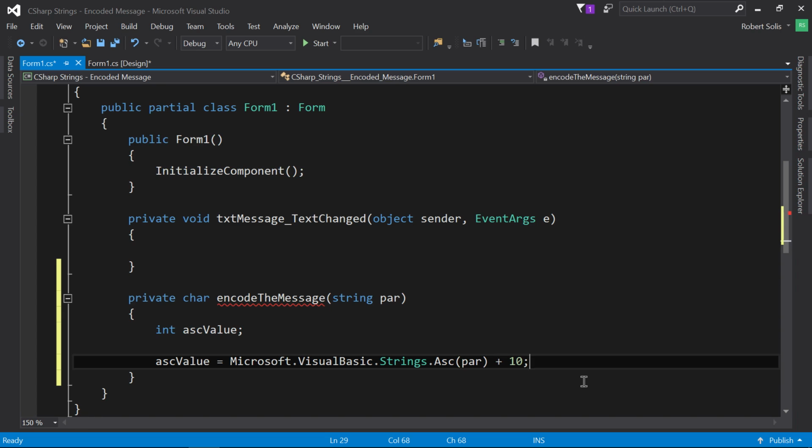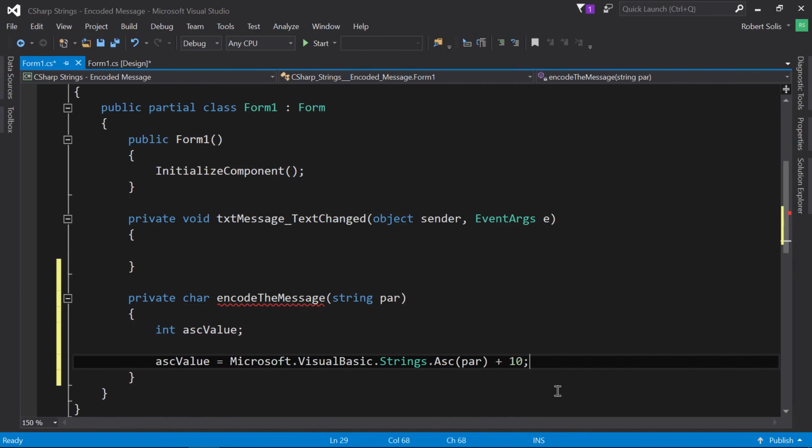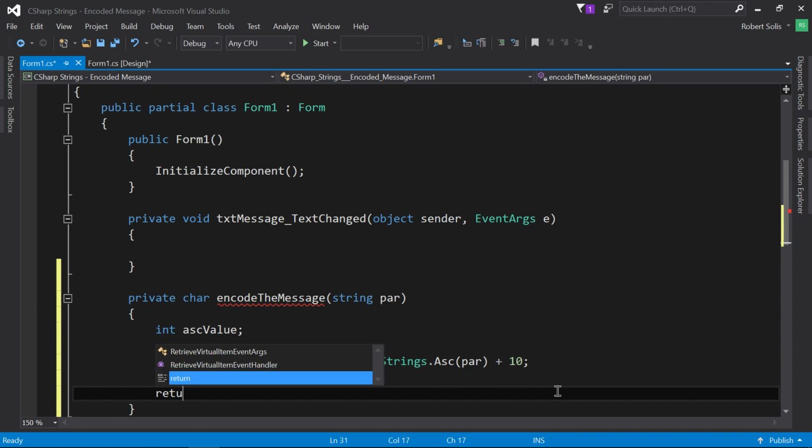Now I want to return the character version of that. So if it was 82, 82 plus 10 is 92. What is 92 in its character form? Well, let me see here. That is the backslash, 92. That's what I want to return, the character. All right, so what am I going to do? I'm going to return